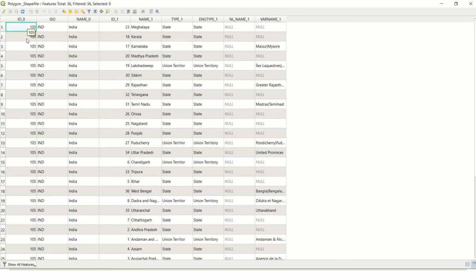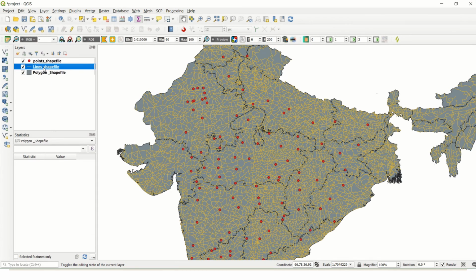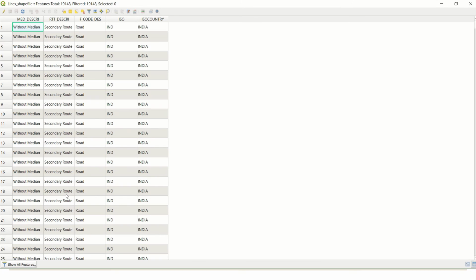Here you have the ID and name. In that particular country, these are the states, the state information. And if you go to this line, you will have the information of the lines.